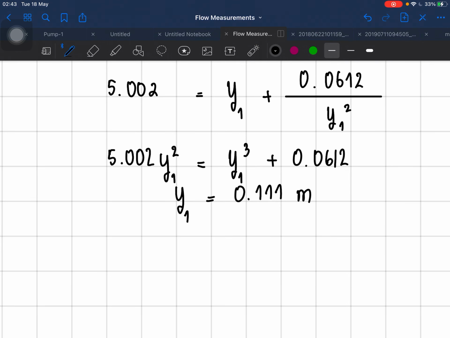So we can continue to find the Froude number, which equals q here, or square root of,